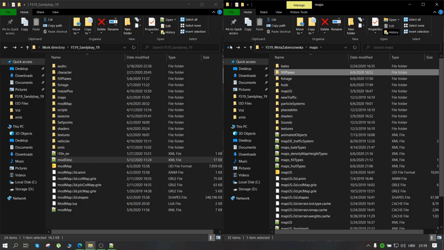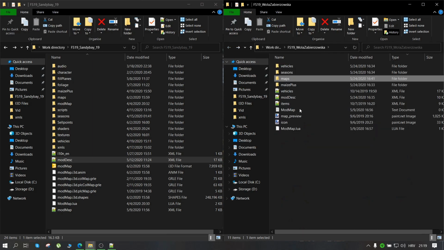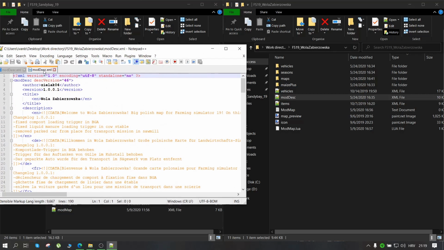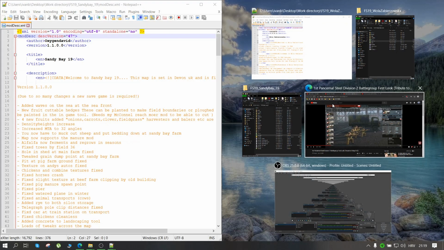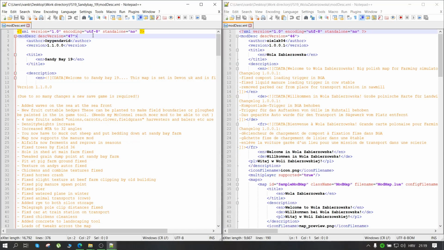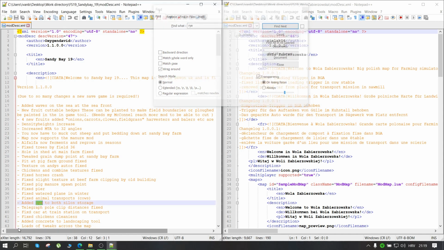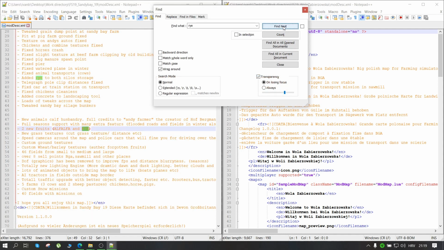So I'll just find it right now. Here it is. I'm going to split it, and here it is. And now I need to copy the needed lines. Open the search function, click on top of the file, open the search function, click on find next, and these are, well, basically the change log of the map or whatever it is. You of course don't need to copy anything from this. Click on next, same thing,